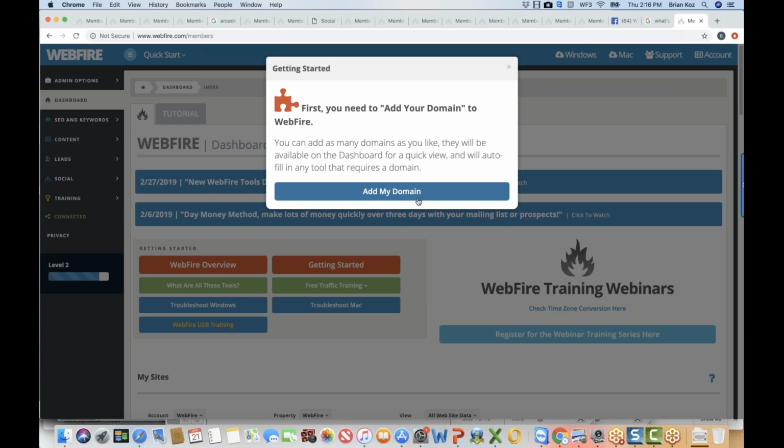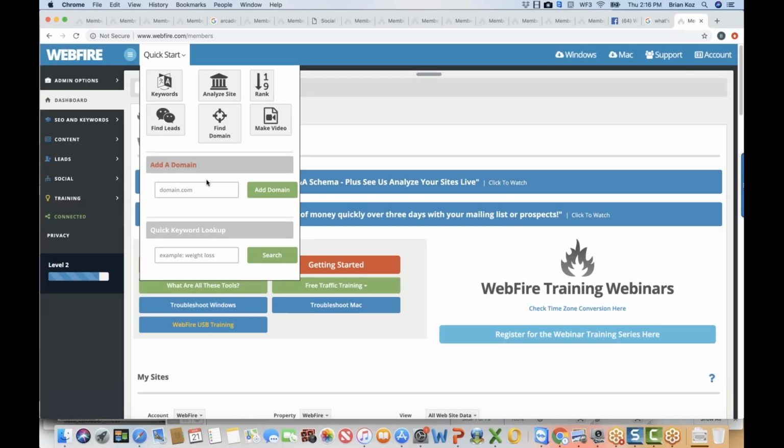It says, hey, you have a site? Let's add that in. So you click add, and it prompts you through that. As you add the stuff in, it walks you through the tools and helps you use them all and start to get a head start. So pretty neat thing right there. And super easy, lots of training, lots of support and all that as well.